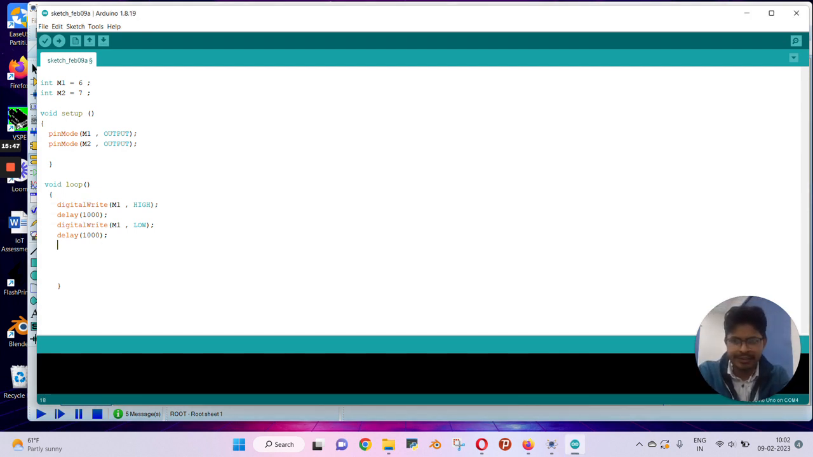Now in the next line, we will make the other input pin of the motor driver high. So we will write here digital write pin M2 as high, and I want the opposite side rotation to continue for 1 second. So we need to provide a delay of 1000 milliseconds,